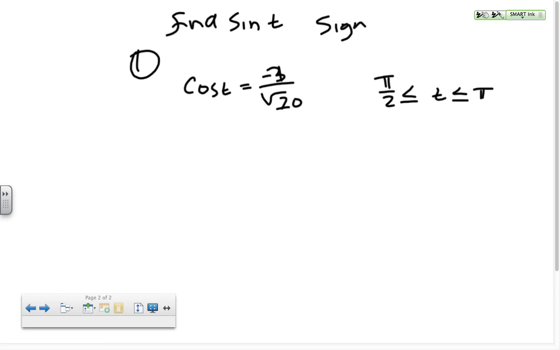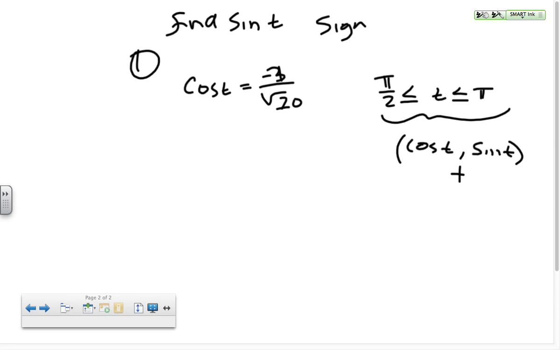If you remember your unit circle, this is really important: between 0 and pi over 2, both sine and cosine are positive. Between pi over 2 and pi, the sign changes. That is the second quadrant, so the x is negative, which means the cosine is negative. In the third quadrant, from pi to 3 pi over 2, both of them are negative. And in the fourth quadrant, the y is negative, so that would be the sine of t. So keep in mind that if we're finding sine of t in the second quadrant, between pi over 2 and pi, with cosine of t, comma, sine t,